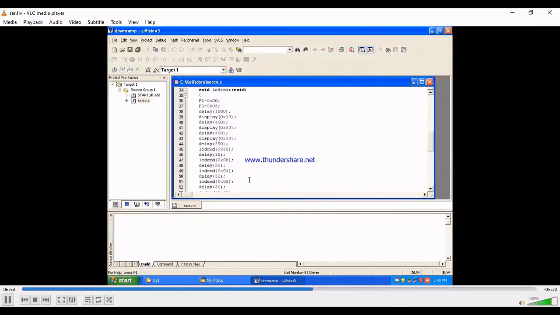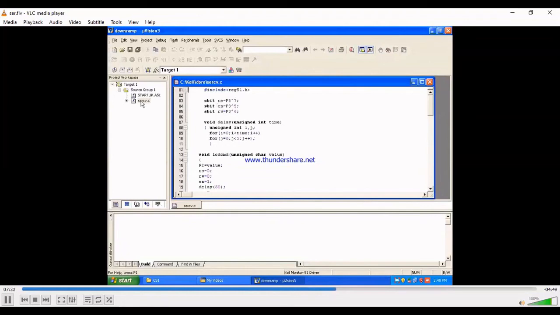In the main program for receiving, we have initialization of timer for baud rate, the SCON register for selecting the mode, and the SBUF register which receives the characters. And then RS register select, enable and read write pins of the LCD connected to 8051 are also declared in the beginning of the program.